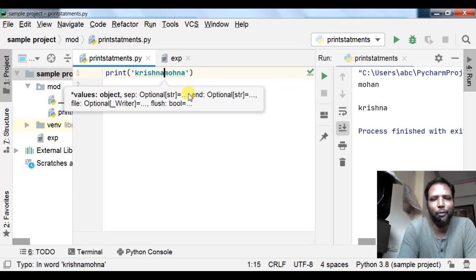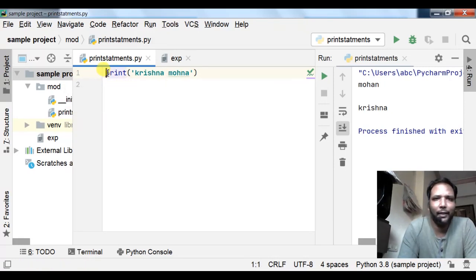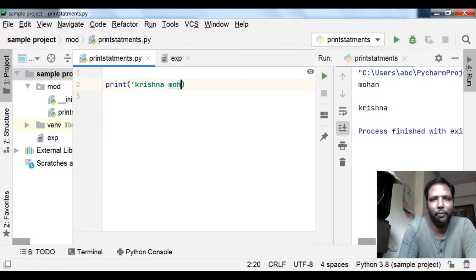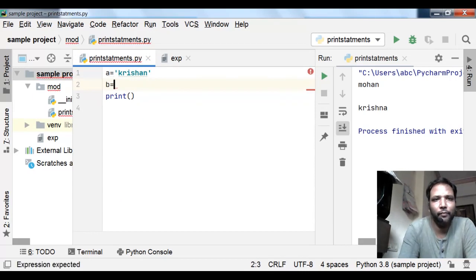No, I am only using it to demonstrate. Suppose you want to create them separately, what I will do is, see here, a is equal to Krishna, b is equal to Mohan.